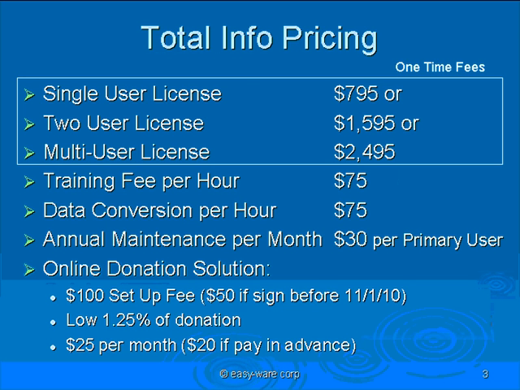For multi-users, the training for volunteers or for the key people that I needed to train to be able to train other volunteers was quite inexpensive. It also could be done online, much like you're looking at this webinar today. If we had data conversion issues because you were migrating from another brand, another product into this particular product, that also was very affordable. And then there was a maintenance fee if you needed that annually. And then there was also the online donation solution, which also, again, requires getting aligned with a credit card company, getting a setup fee, and giving something back. If you're familiar with PayPal, it's basically that kind of setup.